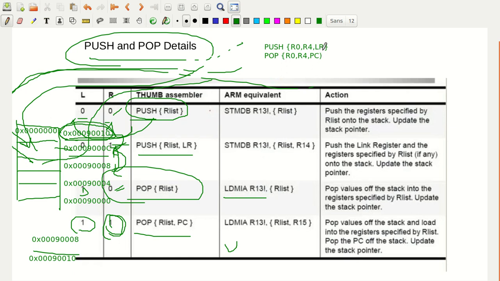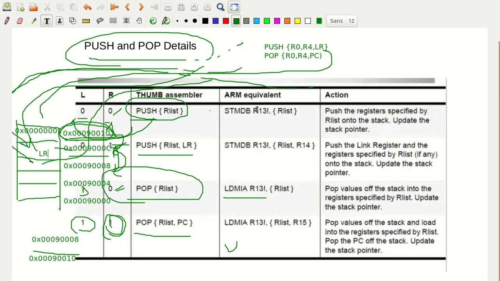First the link register is stored here, whatever content you have in the link register. STMDB means decrement before storing. So first you decrement the address from 10, it will get decremented to C, then take the LR content and store it at this address, that is 0x0009000C.